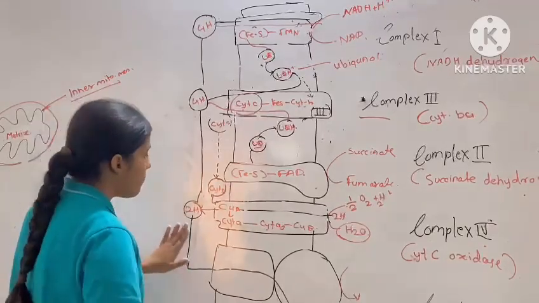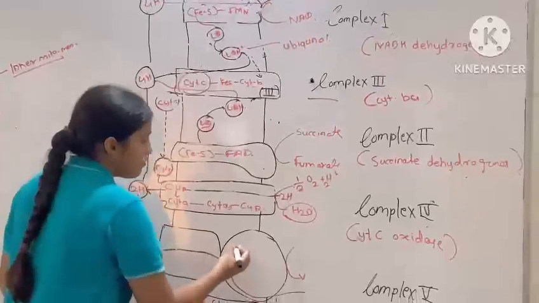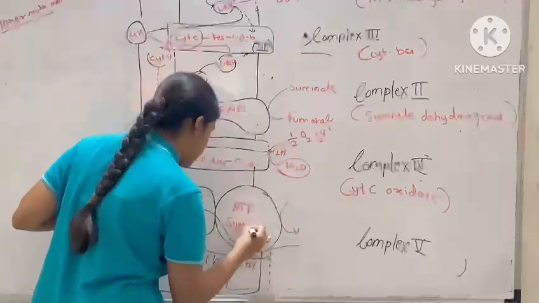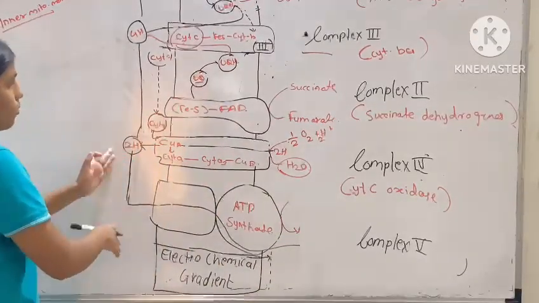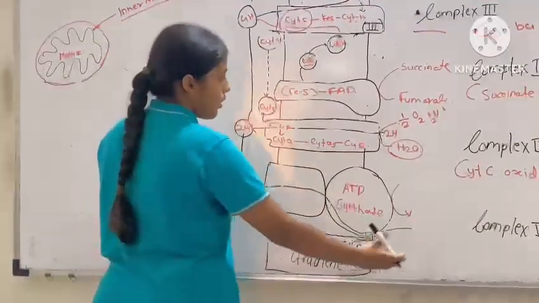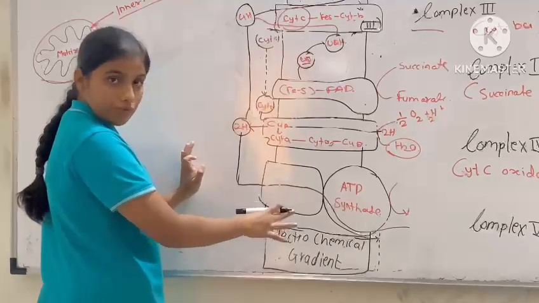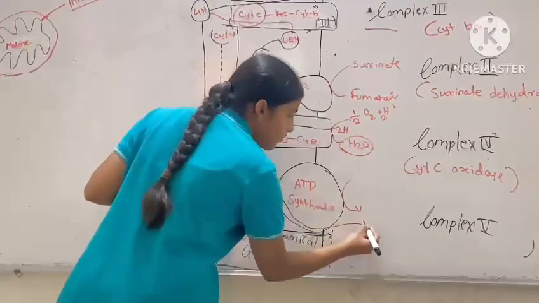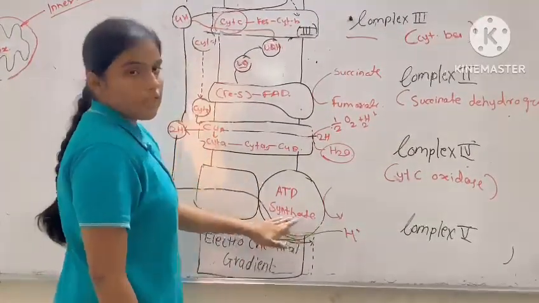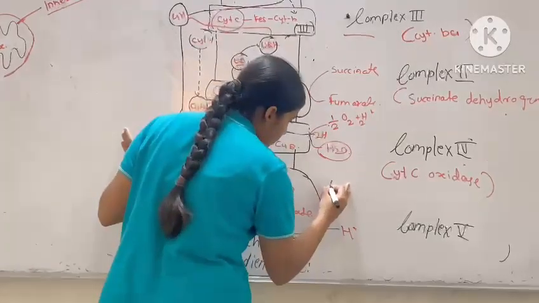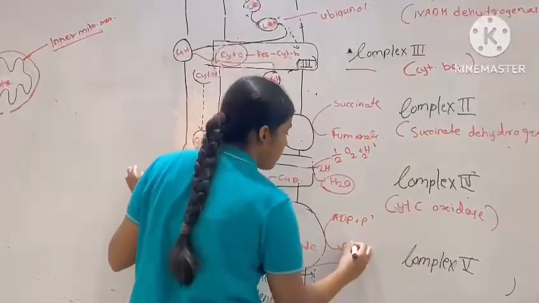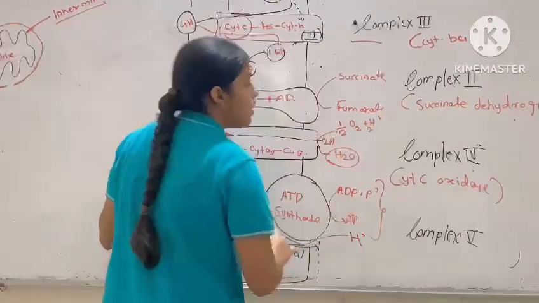After that, by the reduction of 2H in the intermembranous space, we will have only 2 hydrogen atoms. After that, there is the fifth complex where there is synthesis of ATP, ATP synthase. Now, these 2 hydrogen atoms from the inner membranous space will travel here by facilitated diffusion through ATP synthase, and then we will get H+ on the outer side. And after that, there will be ATP synthesis and we will form the products ADP plus Pi and ATP. And the production of ATP is known as